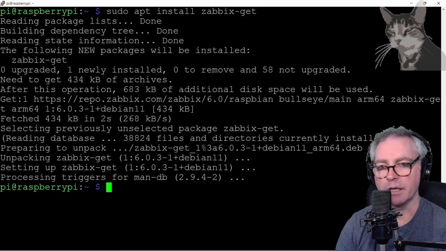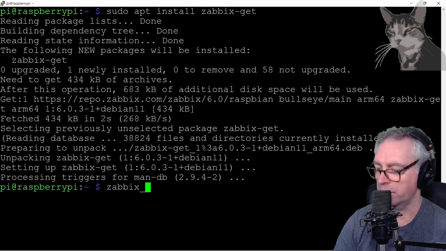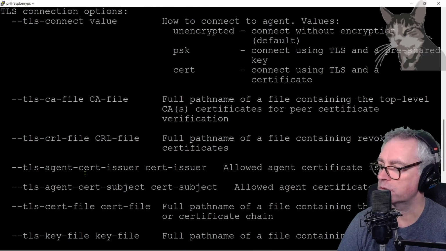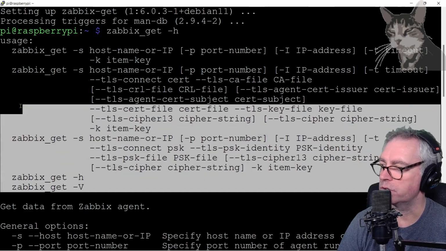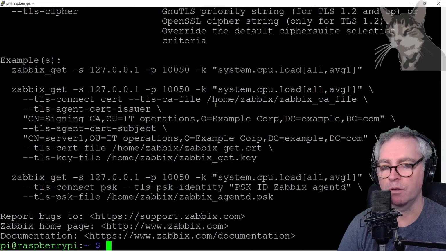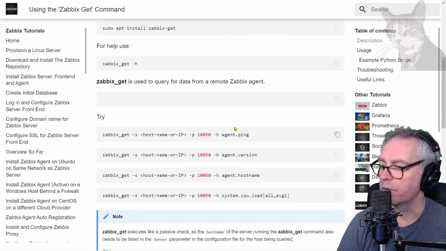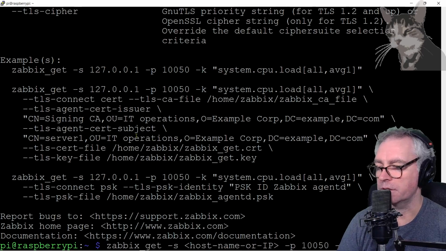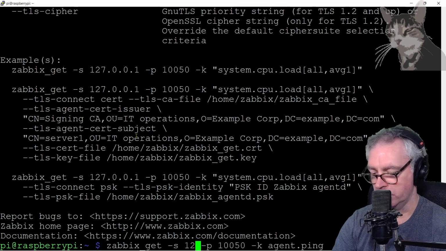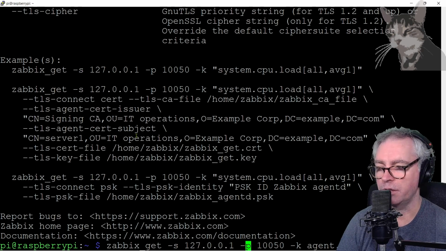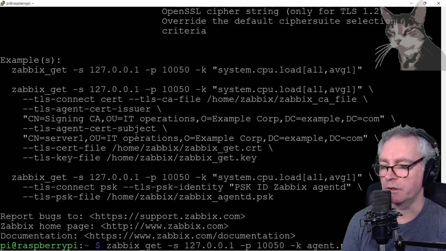Okay, it's there. I can now test that it works. So zabbix_get -h for help, and there's the instructions and some example usage there. Okay, so a test, I'll query the Zabbix agent running on this same Raspberry Pi server. So copy that first line, zabbix_get, the IP address is 127.0.0.1. So -s is the IP address that you're querying, -p for port, so you're querying a Zabbix agent on another server at that IP address, -k for key, and I'm calling agent.ping,